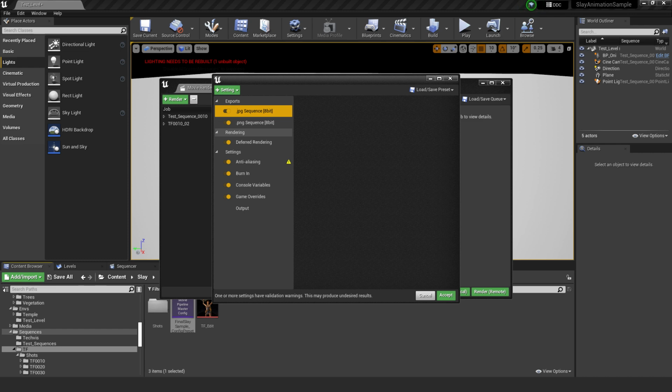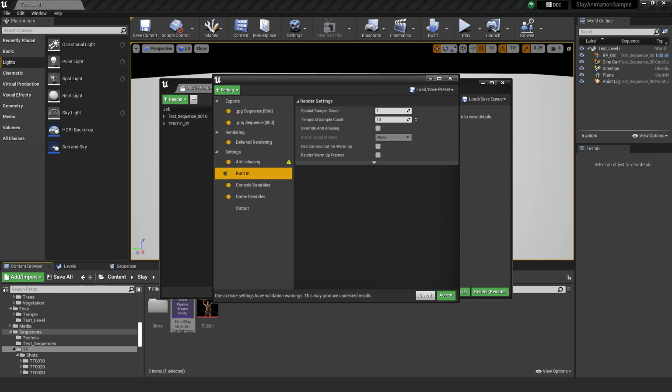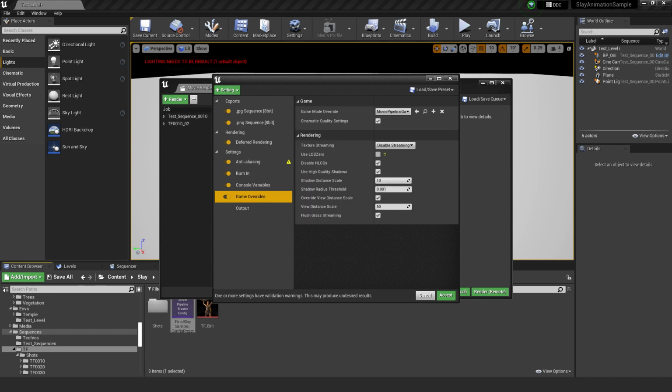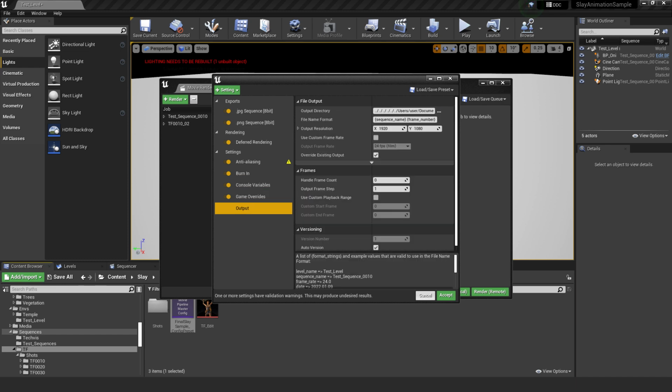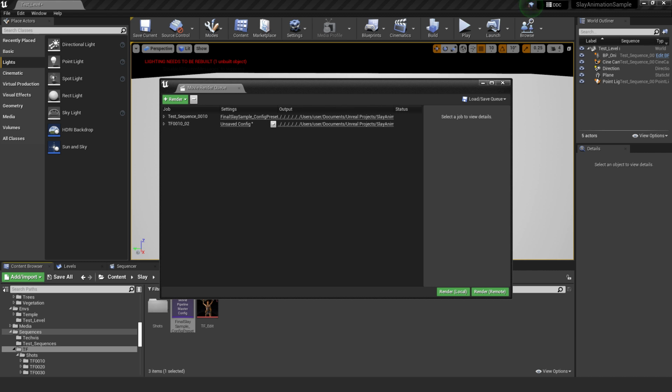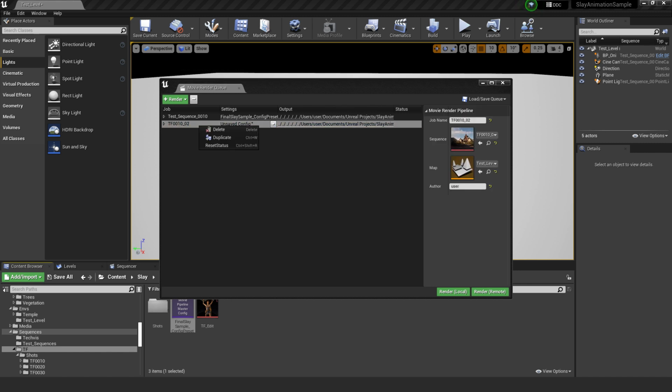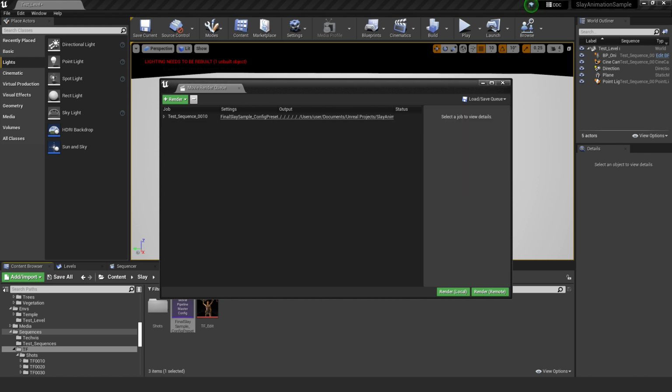We have it rendering out JPEGs, PNGs, and all of the settings that give us a great high fidelity render out. You can have these settings be a part of your rendering, and so with this, I'm going to remove this.